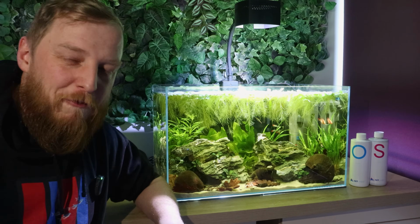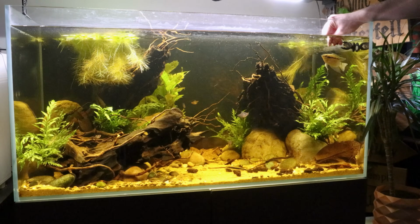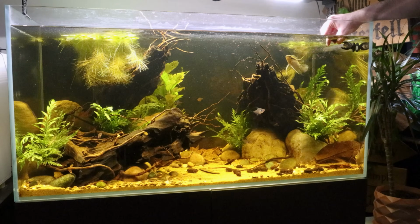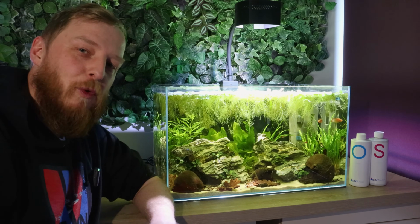Whereas something like my big festive cichlid tank downstairs, I'll be honest, I probably wouldn't be worried too much about temperature, and I would be worried about the oxygen levels dropping in there just because they're chunkier fish. But keep an eye on your tank and just work out what is going to be more important for your